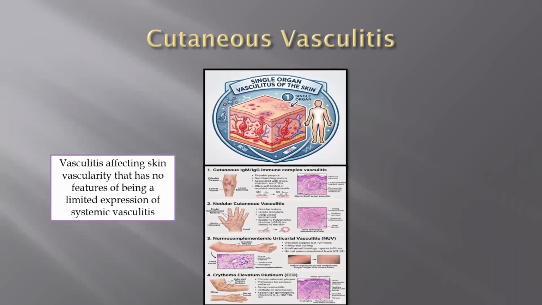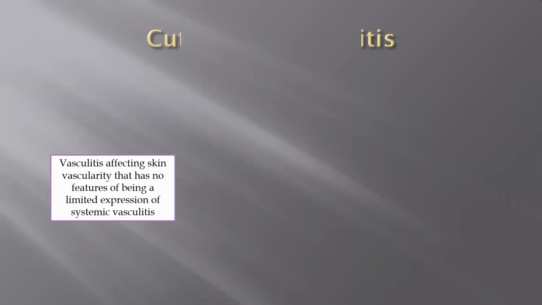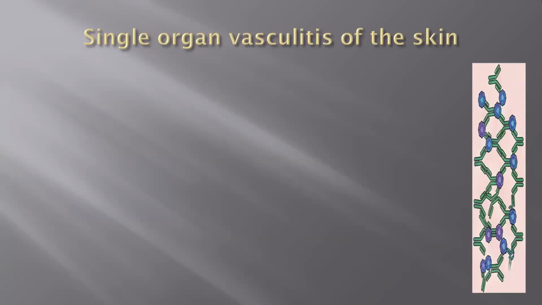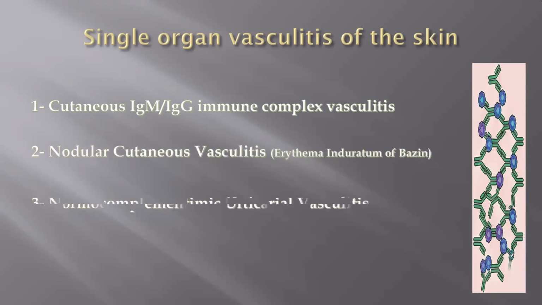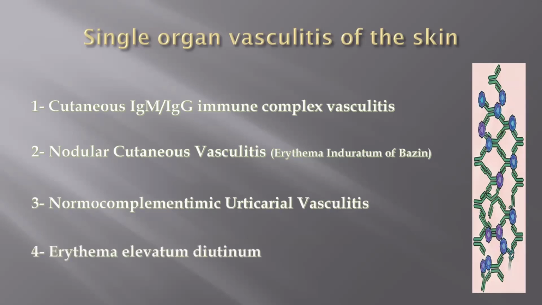These types of vasculitis affect cutaneous vessels of any size without evidence of being part of a systemic vasculitis or evidence of being a limited expression of systemic vasculitis. Single organ vasculitis of the skin includes cutaneous IgM-IgG immune complex vasculitis, nodular cutaneous vasculitis, normocomplementemic urticarial vasculitis, and erythema elevatum diutinum. In addition, it may also include recurrent macular vasculitis in hypergammaglobulinemia, which is also known as hypergammaglobulinemic purpura